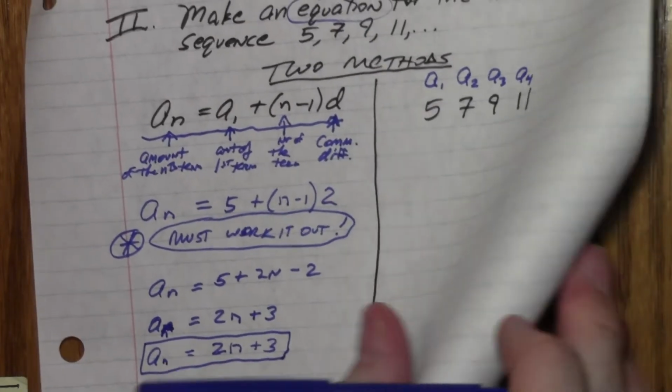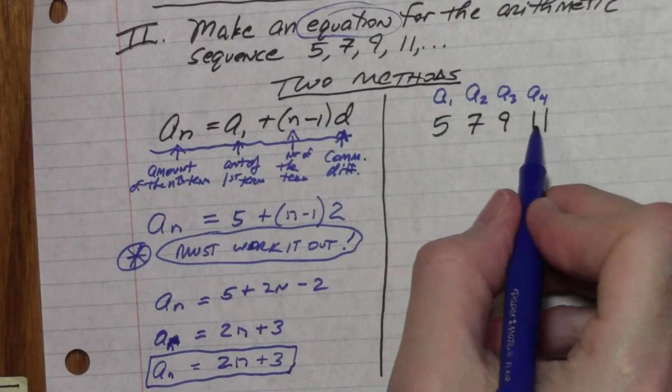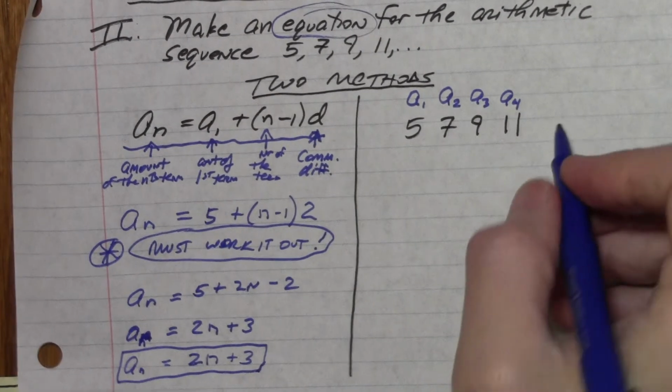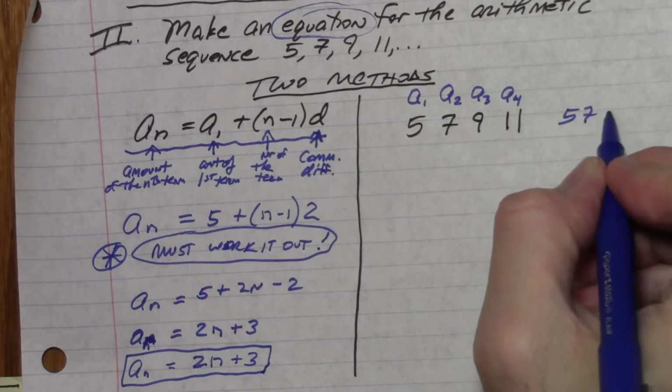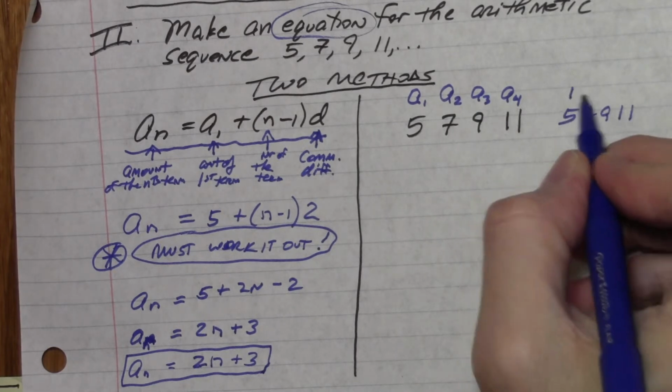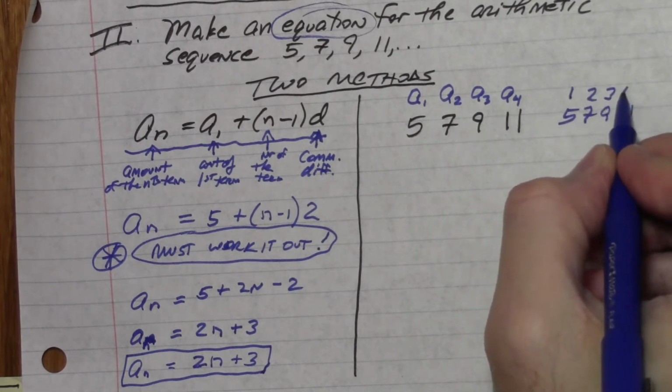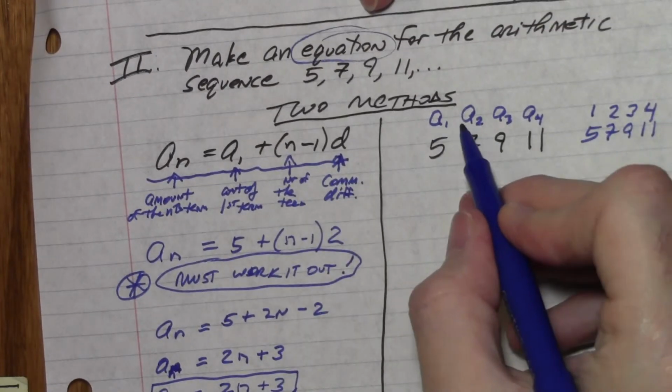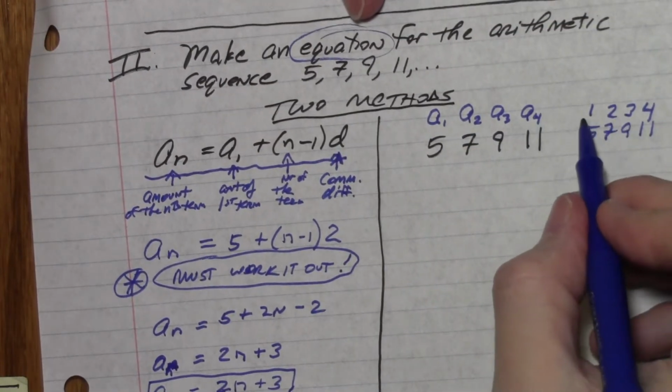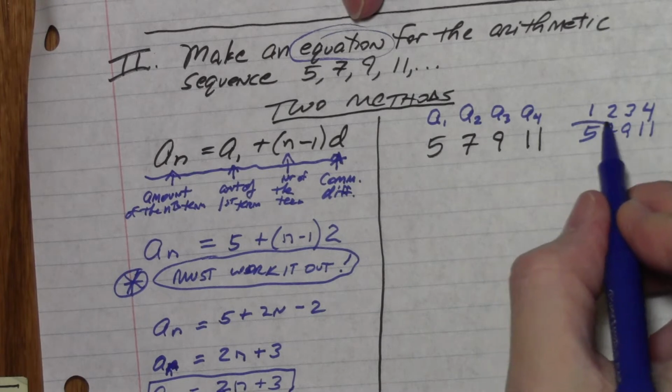Now, there's another way to think about this. Here's 5, 7, 9, and 11. I'm going to write this slightly differently: 5, 7, 9, and 11. And I'm going to say that's the first term, second term, third term, and fourth term. I can say A1, A2, A3, A4, but if I put 1, 2, 3, 4,